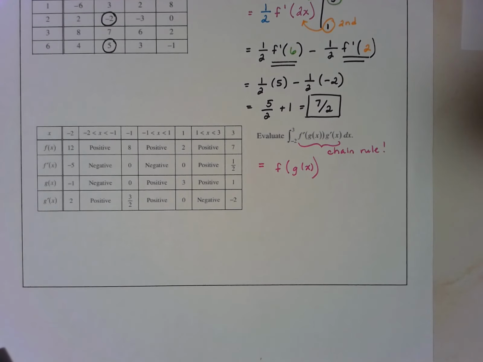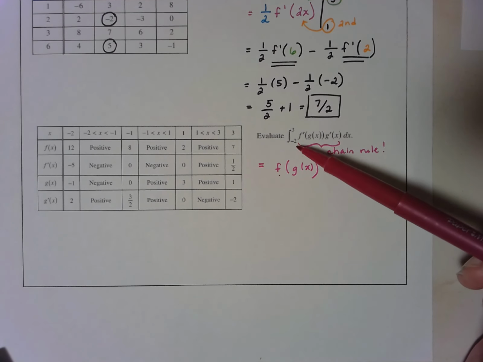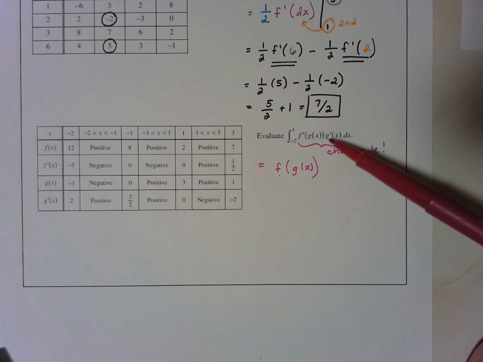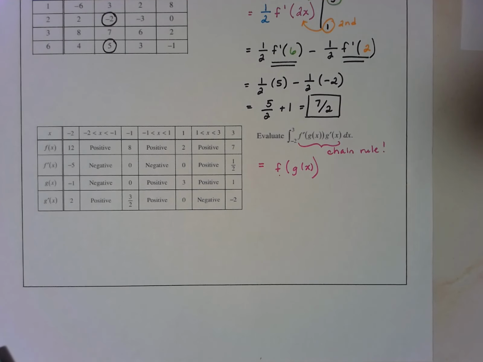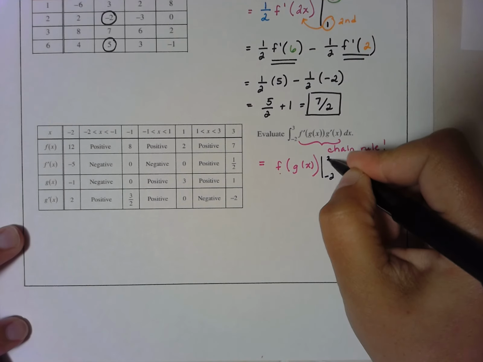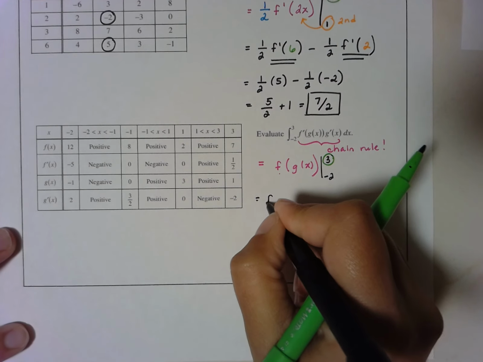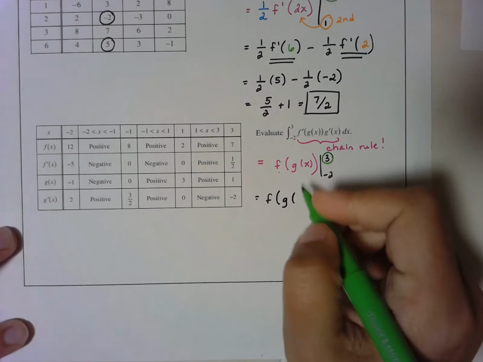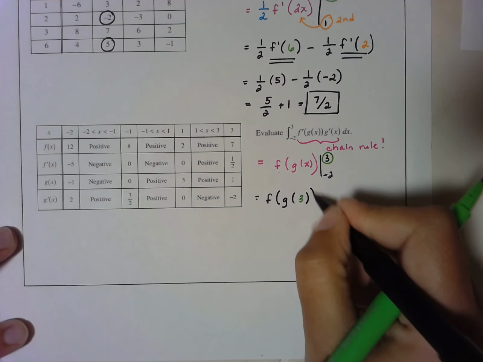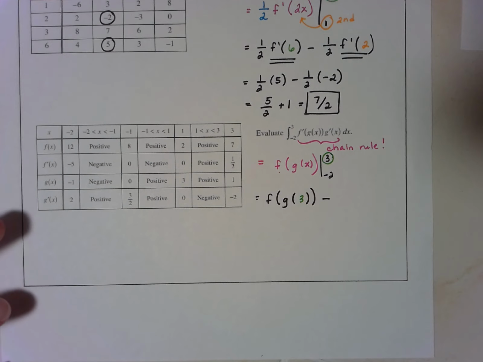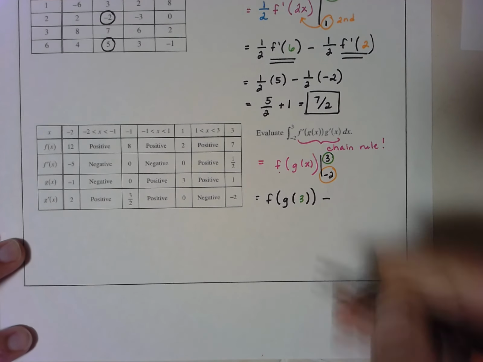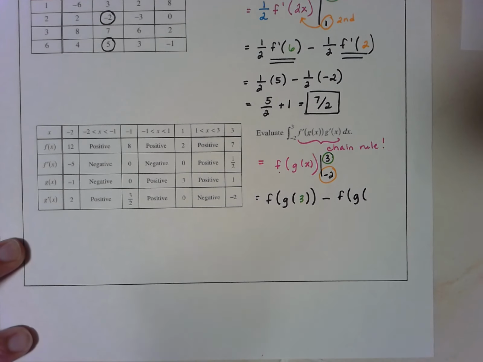The original function would have just been f with g on the inside, because then applying chain rule, I would have taken the derivative of the outside, leave the inside alone, and then do the derivative of the inside. So that's kind of the key of this question, is realizing that all you're really doing here is going backwards from chain rule. Now we're going to evaluate that between -2 and 3. So once again, we're going to plug in the 3 first, which means we have f of g of 3 minus, and now we're going to plug in the -2 second. So we're going to have f of g of -2,